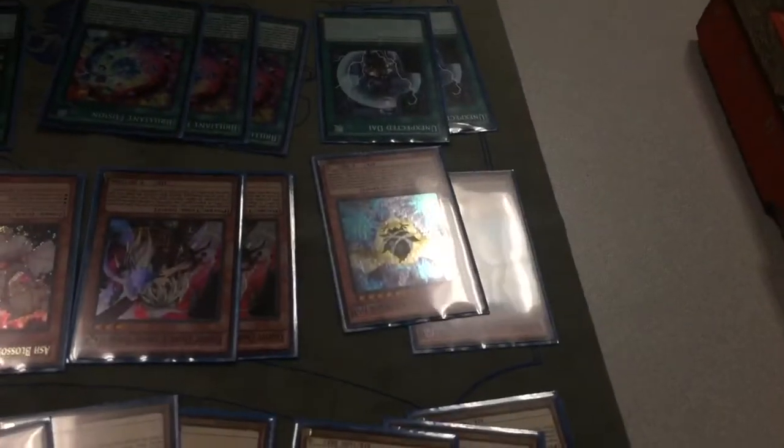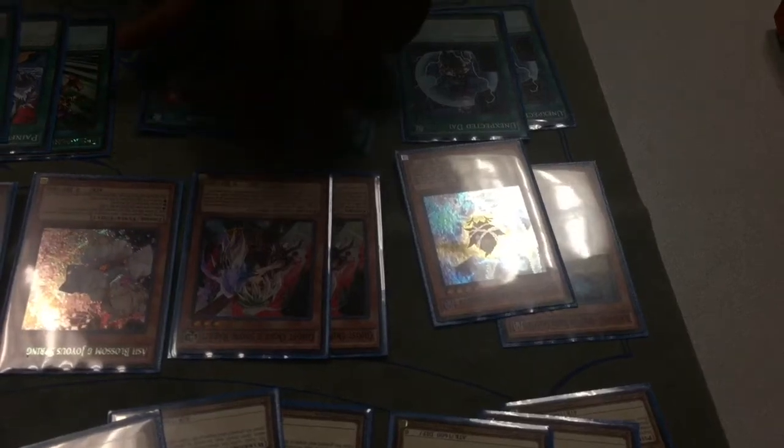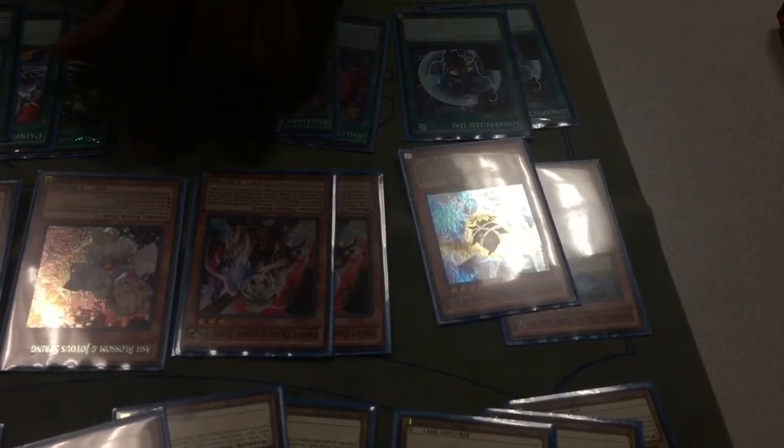Any other cards just contribute to a broken board. 2 Ghost Ogre, because it's my favorite hand trap of all time. I love this card so much. 1 Ash Blossom because I'm broke, but also because at the time I got it, I decided to only get 1